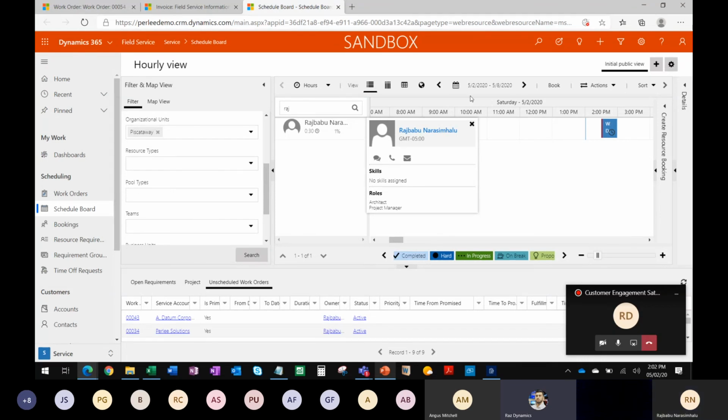And Parag was asking, can a customer book an available slot directly, possibly through a portal or some other solution? Yes, we also have a customer portal. We can give access to the customer, and the customer can look at their assets, create the work order, and give the preferred scheduled date and time. But they cannot book. We can customize for them to book, but if you allow the customer to book by themselves, then